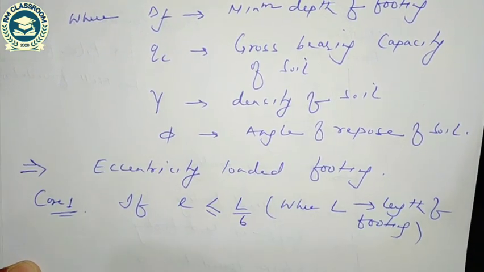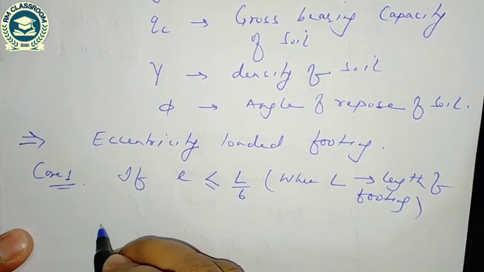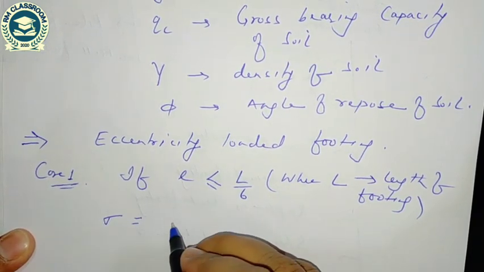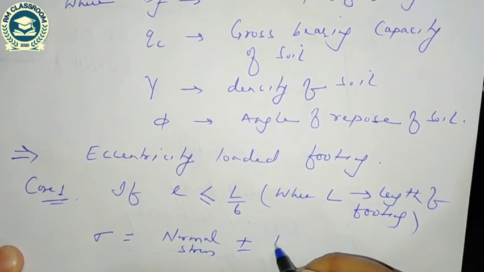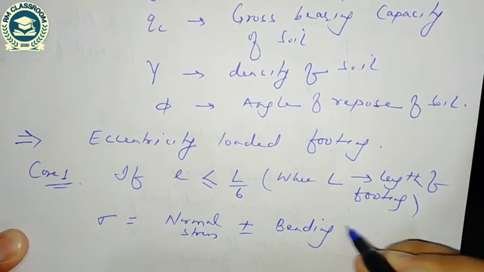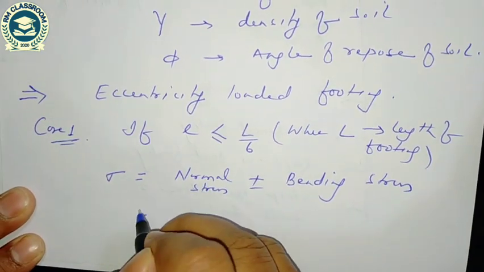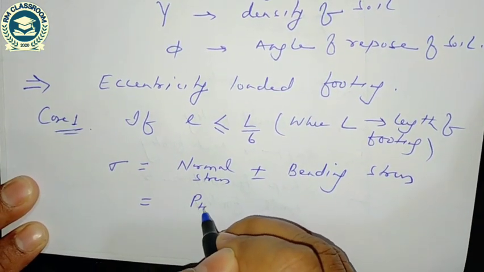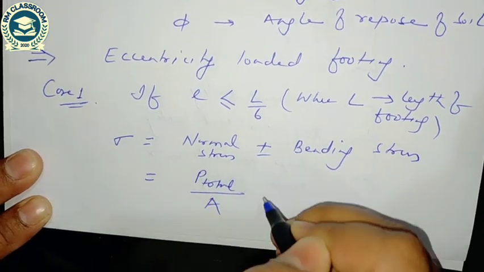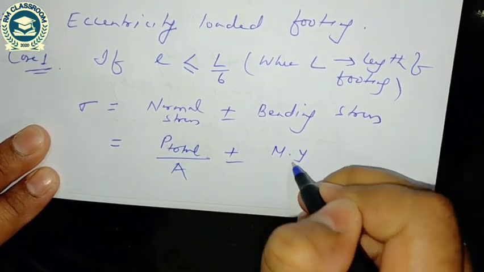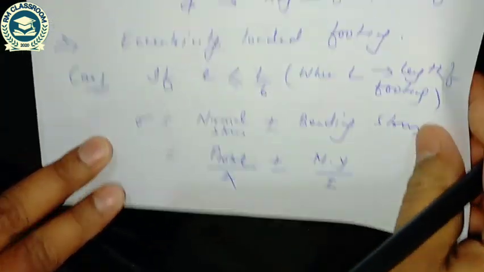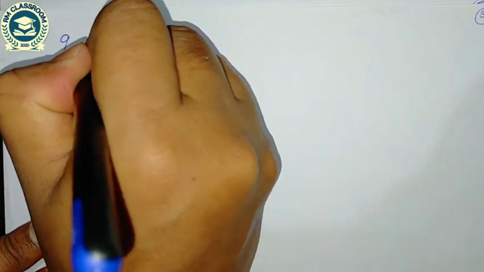In Mechanics of Solids 2 class, I already told you that total stress is the sum of normal stress plus or minus bending stress, and normal stress is just total load divided by area, and we know the bending stress is My by I. So total stress can be written as, so Q maximum,